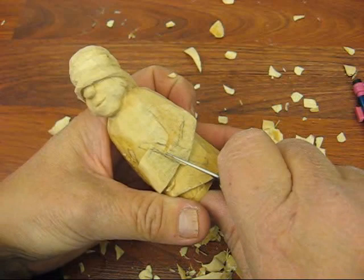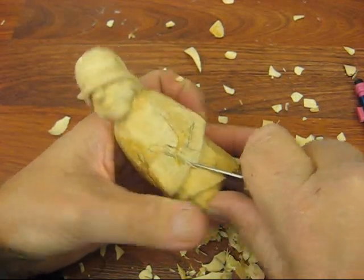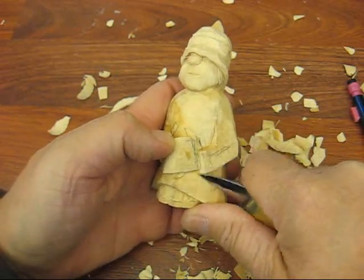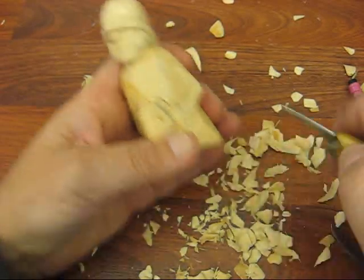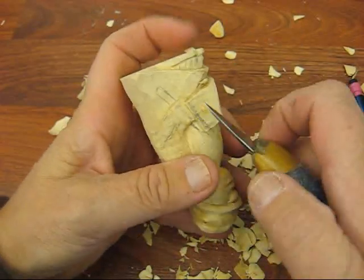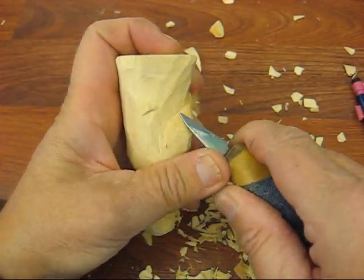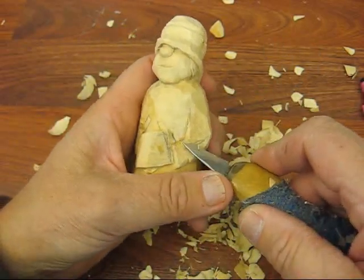Alright, good. And we're going to do the same thing over here. We're going to follow the edge of that. We're going to have to fix that tad there. And this is going to go down. It's holding the piece. I give it a sleeve here. And we're just going to go in. We're going to round this off. For the arm, we're going to kind of blend everything in. Worry about the folds of the arm later. We're just trying to